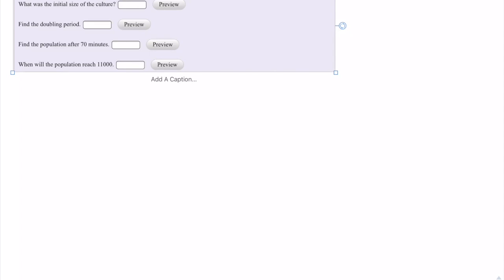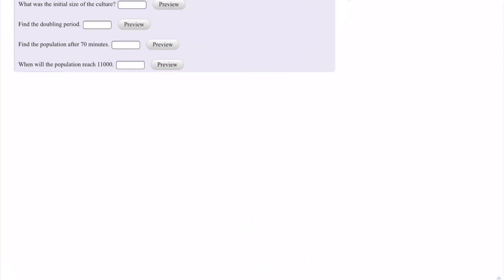In this example, we're going to basically build an exponential model for some information given. We know that a bacterial culture was 300 after 15 minutes and 1700 after 30 minutes. I think there are some things to highlight in here. So the first thing is that